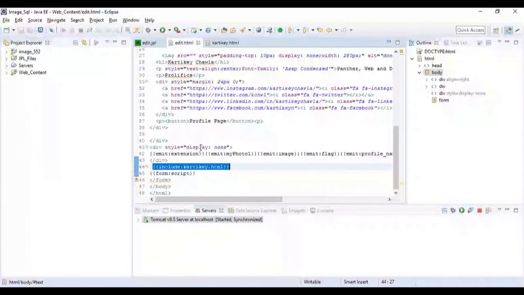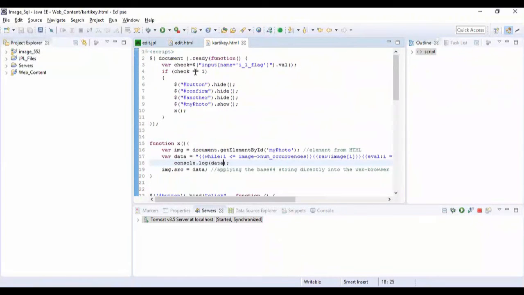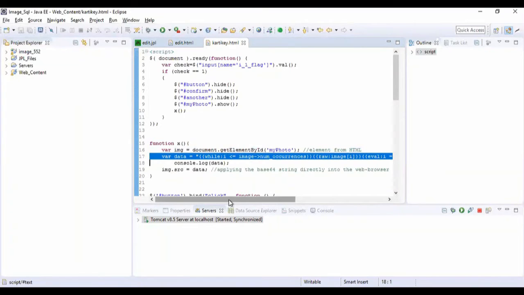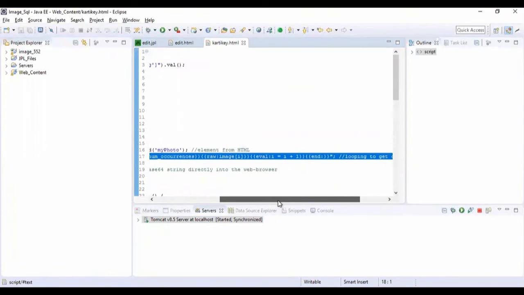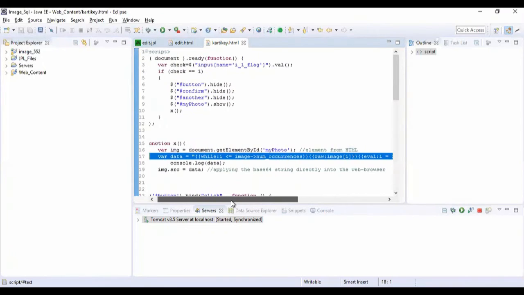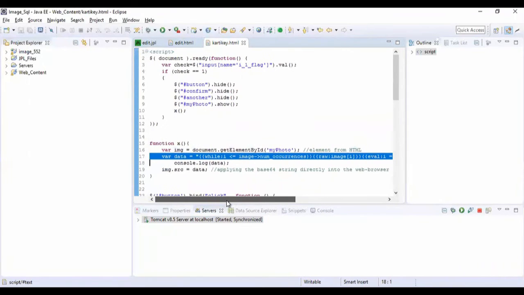Now this is my HTML which has an include tag of another HTML. This other HTML just has a script tag, and you see my photo is a div element that I am creating in my edit.html, and alongside it I have this loop that gets the data from my dynamic label, which I'll be showcasing to you in some time in my Panther screen.